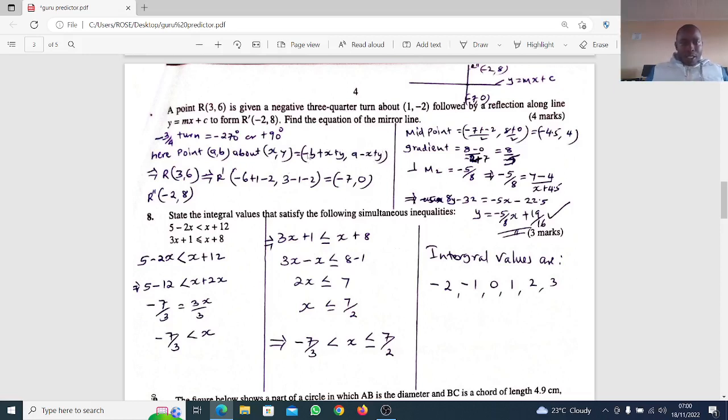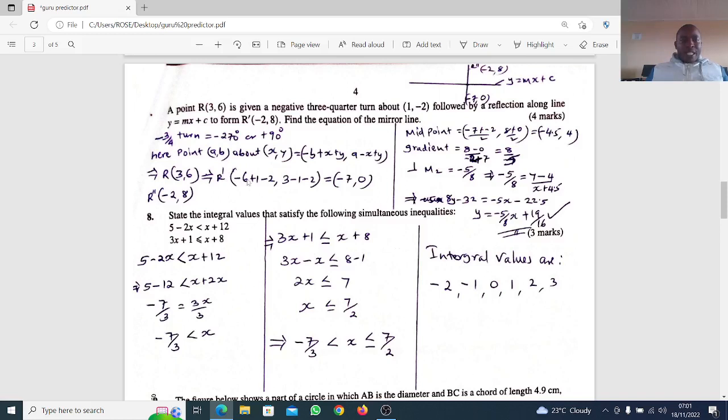If you are rotating about a positive quarter turn, that is positive 90 degrees, we say it's a positive quarter turn, and a positive quarter turn is the same as a negative 270 degrees or a negative 3/4 turn. So this is what gives you the image, and therefore R1, the first image,